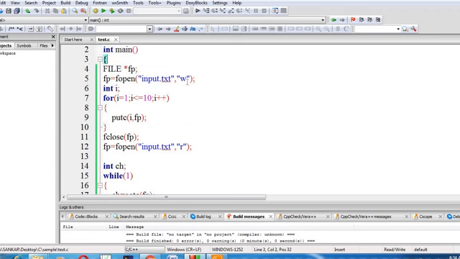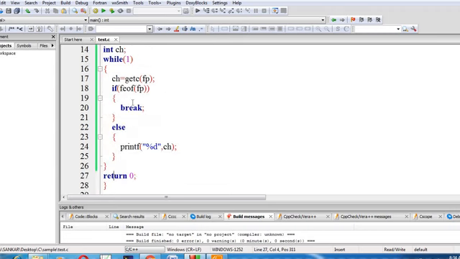Actually I have written integer data. So if you want to fetch the integer data, here we have to declare an integer variable. Then similarly the %d we have to use here.